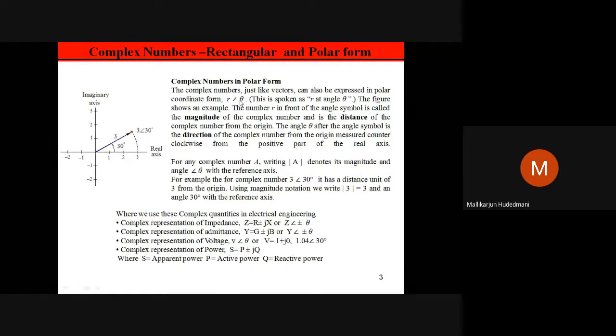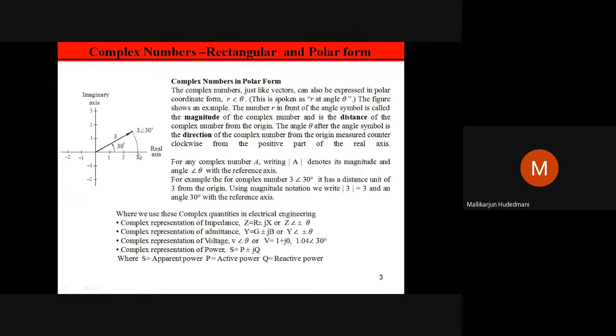So this format of representation of a quantity, like it may be an impedance, a current, or a voltage, like that. Any quantity in the complex domain represented by the format of magnitude immediately followed by an angle theta is known as polar form. For example, just see here, 3 angle 30 is one example. The magnitude is 3 and the angle is 30. How is it drawn? On the imaginary plane or on the complex plane. Look into that. Where is the real number 3? The real number 3 is just horizontal.